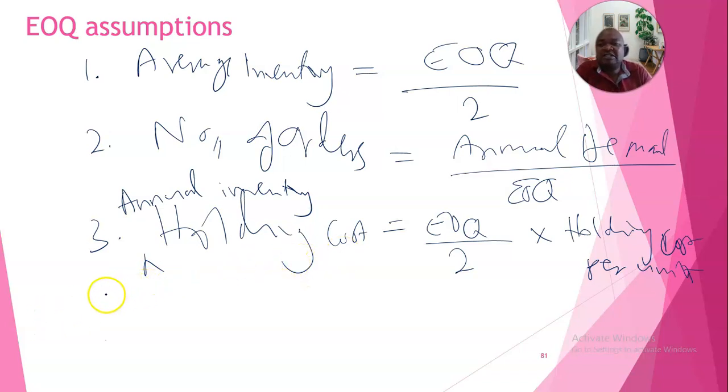So what about the annual ordering costs? Annual inventory ordering cost, how are you going to compute that? Because it's something that can